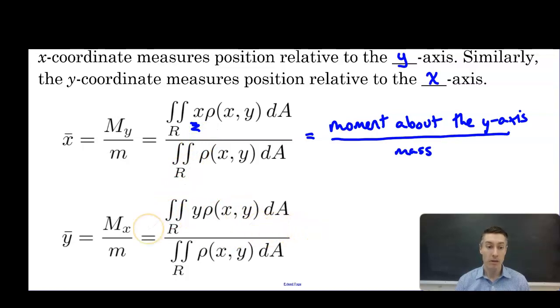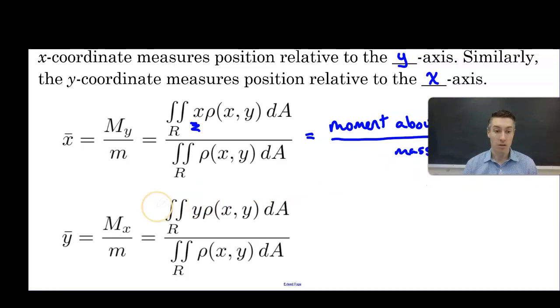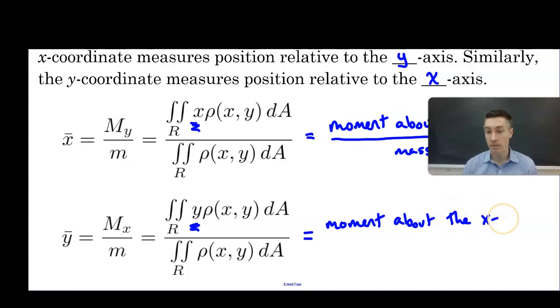And then similarly for y bar, the y-coordinate of the center of mass, the moment about the x-axis divided by the mass, because from the x-axis the distance is y, and we're multiplying the density function by y, integrating that, dividing by mass. So this is moment about the x-axis